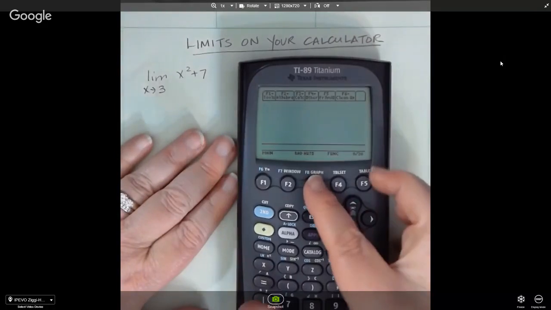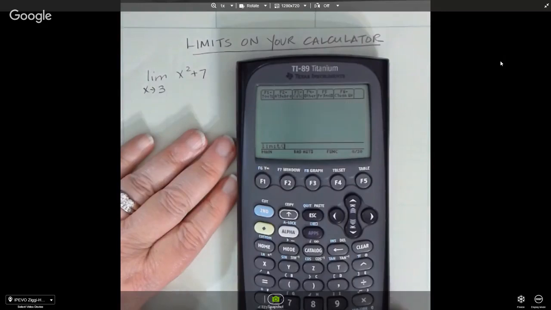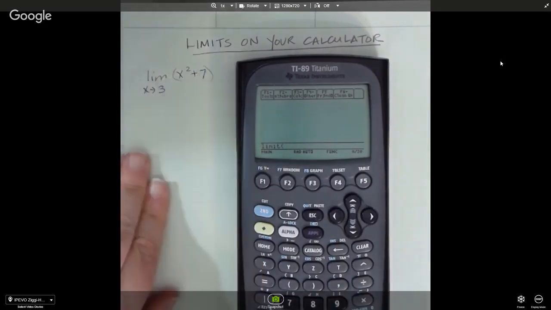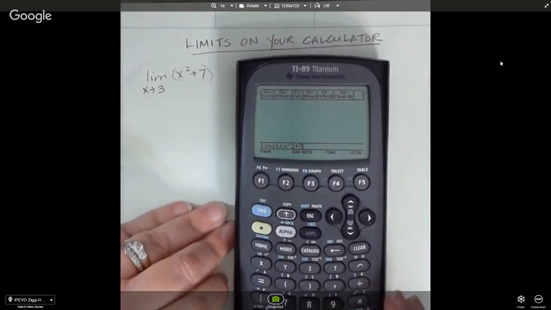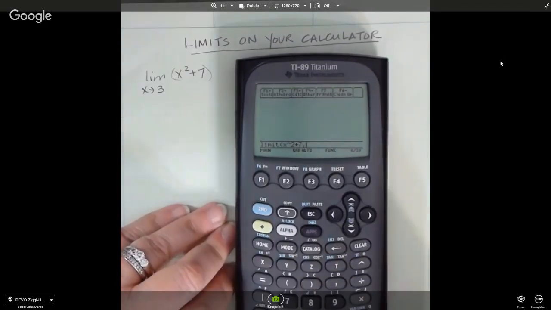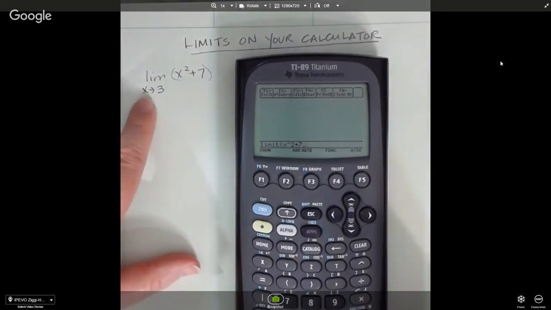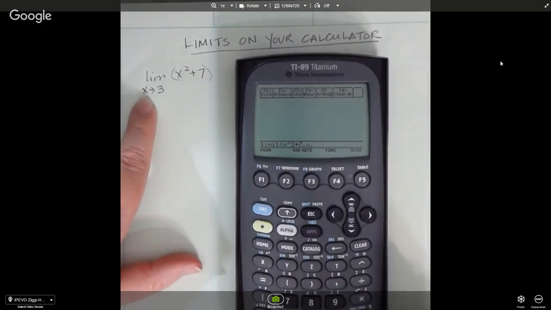You have to use the calculus menu, which is F3, and you scroll down to number 3, which is limit. Now, you plug in your function here, which is x squared plus 7. And you put a comma here because you have to tell the calculator what the variable is. In this case it is x, comma, and then you type in what x is approaching after the comma. So I'm going to put 3, and then you close parentheses and you press enter, and the calculator tells you